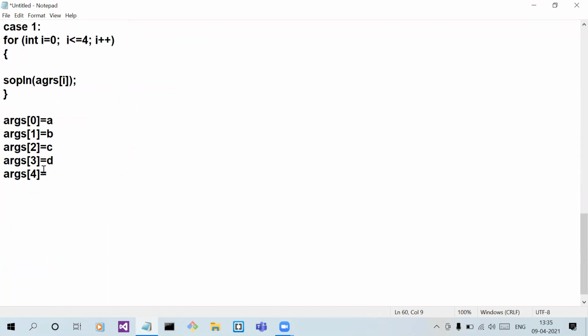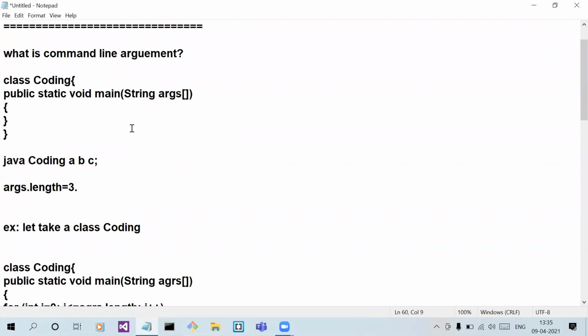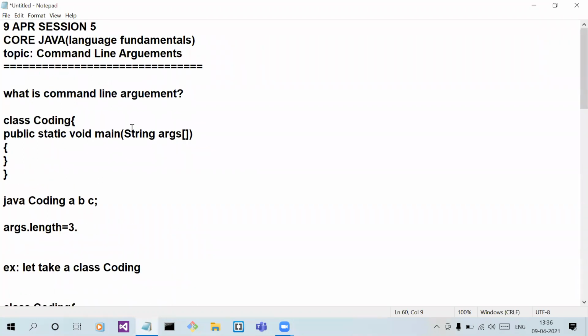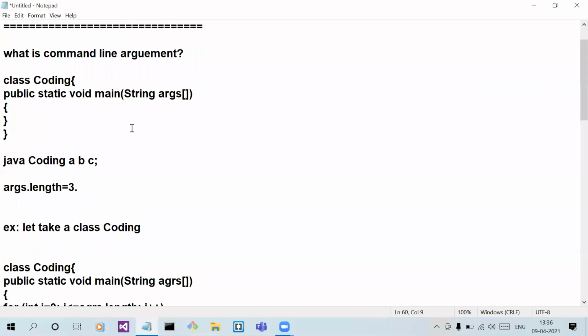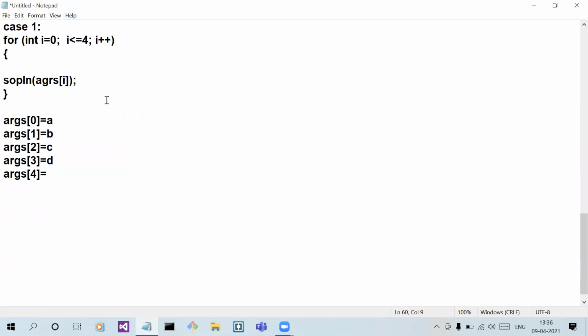This is the only reason, because there is no value of args[4], and the condition is i less than or equal to args.length. Are you guys having any doubt till now? Now you all understand why we are getting this array index out of bounds exception. This is the reason.